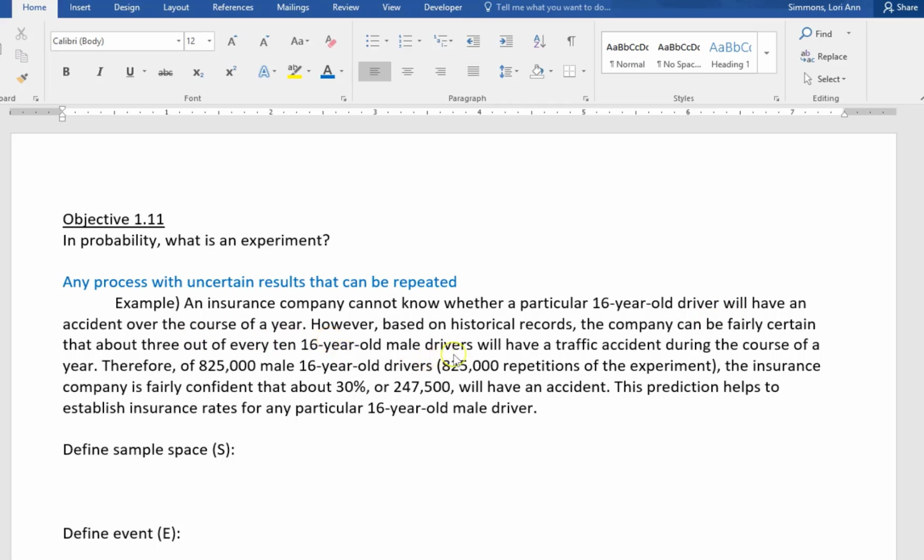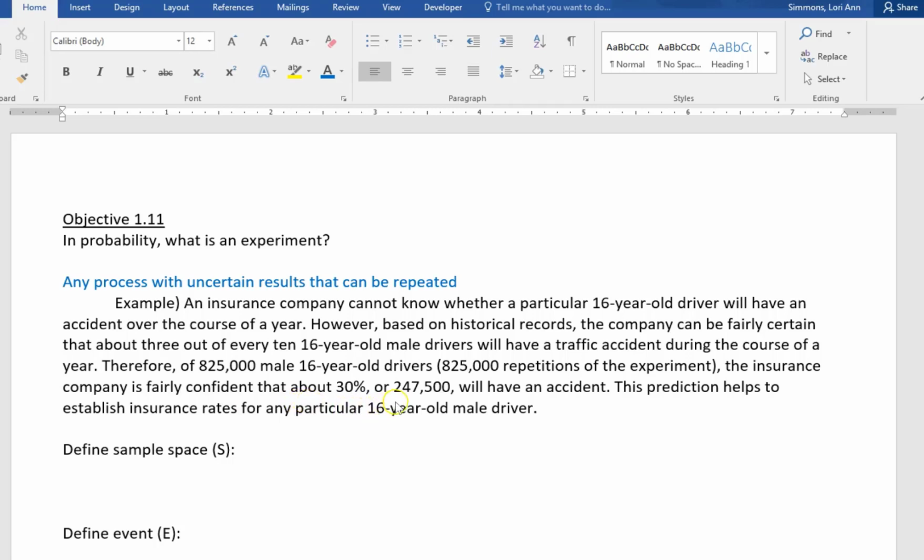However, based on historical records, the company can be fairly certain that about 3 out of every 10 16-year-old male drivers will have a traffic accident during the course of a year. Therefore, of 825,000 male 16-year-old drivers, 825,000 repetitions of the experiment, the insurance company is fairly confident that about 30%,